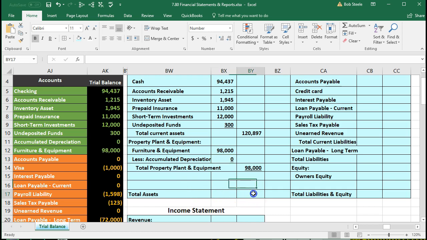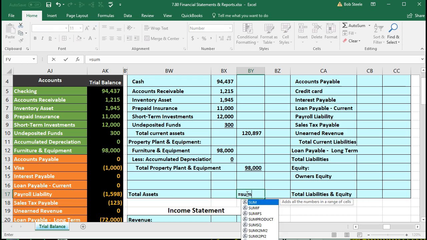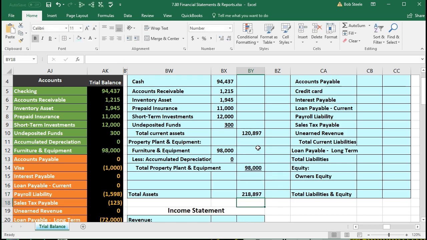Then we're going to go to the total assets, and we're just going to highlight, we're just going to add these two up now, the two outer columns. And so we're going to be here in BY17. I'm just going to equals sum, use our sum function again, even though there's only two numbers. Double click the sum, and I'm going to highlight the outer column. Now, people also often get messed up or get confused because there's a lot of blank cells in the middle. That's okay. We can highlight those. They're just zeros, and the software sees them as zeros, that is. So if we select enter, we have the